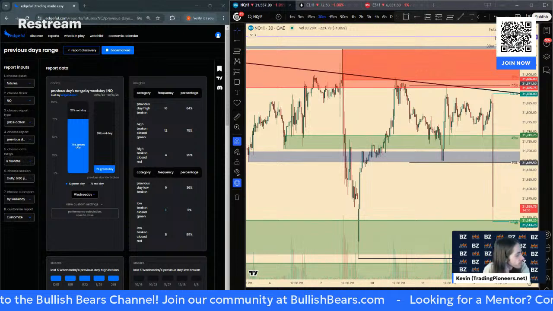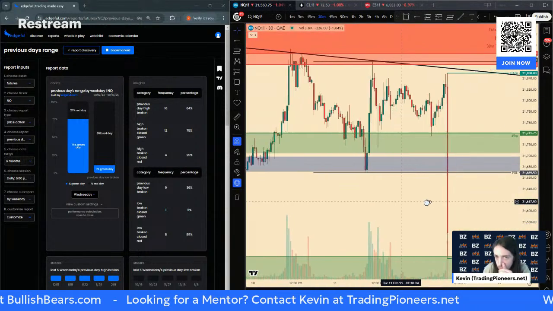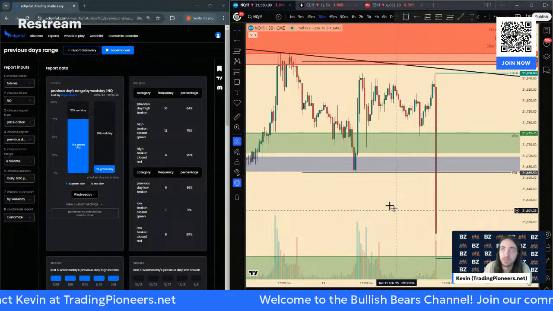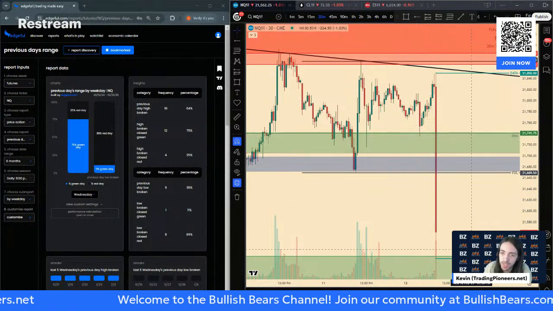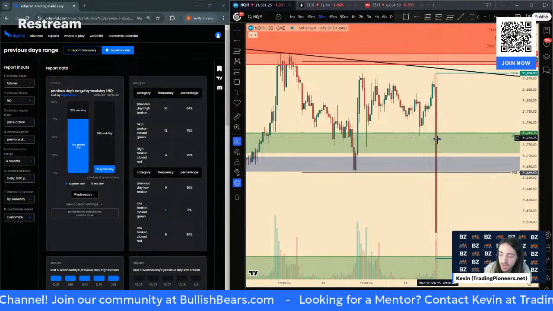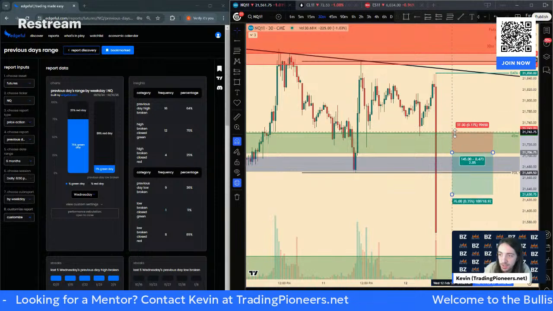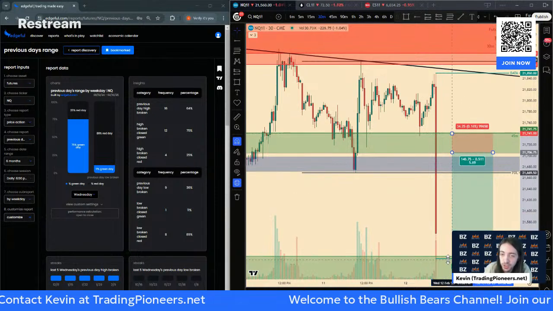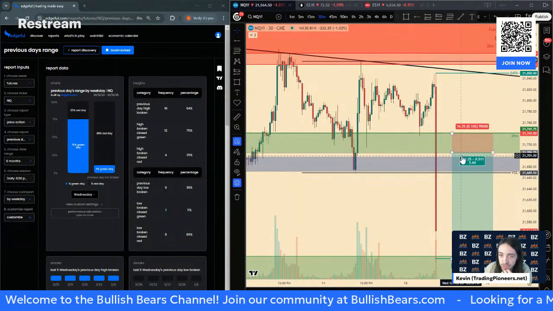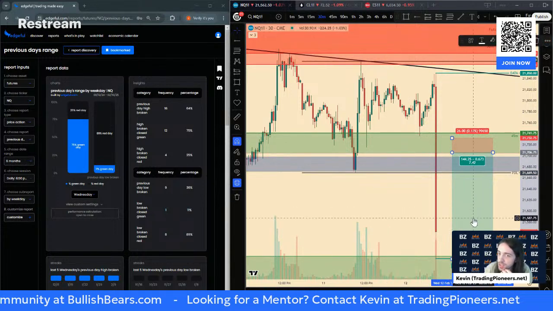Good morning, Marcus. What do you do with all the zones that rip through by news? Just remove them? Good question. If news rips through a zone, I usually won't remove them that day. I'll keep them for that day because I'll use them as areas of interest to the other side. So if this was a demand zone that got broken due to this data candle, then I would leave this as an area of interest to say, okay, if we could come back and retest this zone, I might look for shorts here if selling pressure shows itself, right? That means if we have a 5-minute candle wick into it and then the next 5-minute candle retests it, I'll look for a short position, tighten up the stop loss, and we'll look for us to continue lower.